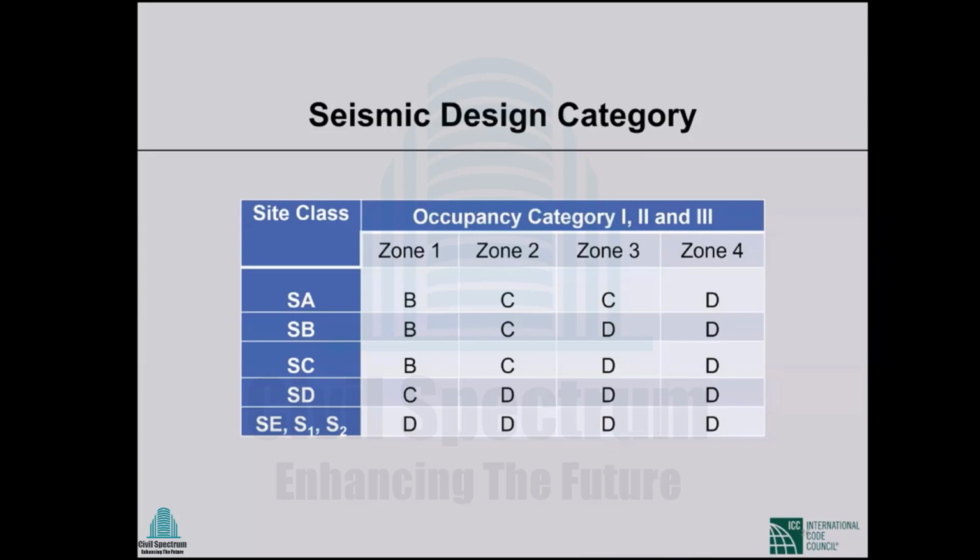Others, the structure has to be designed as D category. In case of Sylhet, Mymensingh, Kurigram, Zone 4, all structures must be of design category D. Okay, now